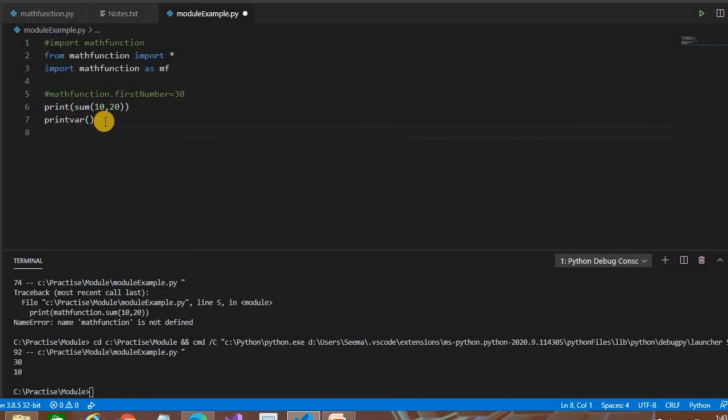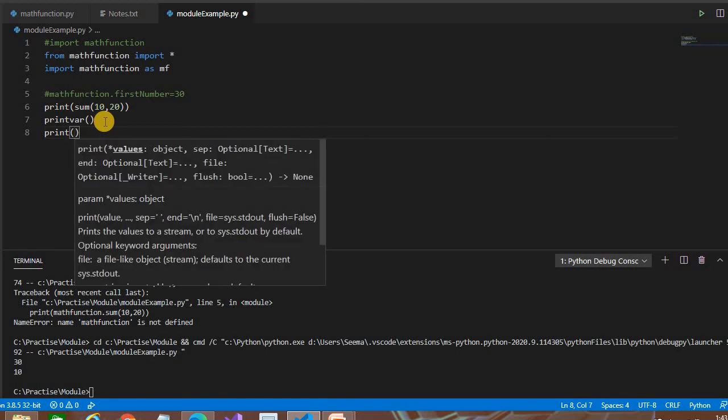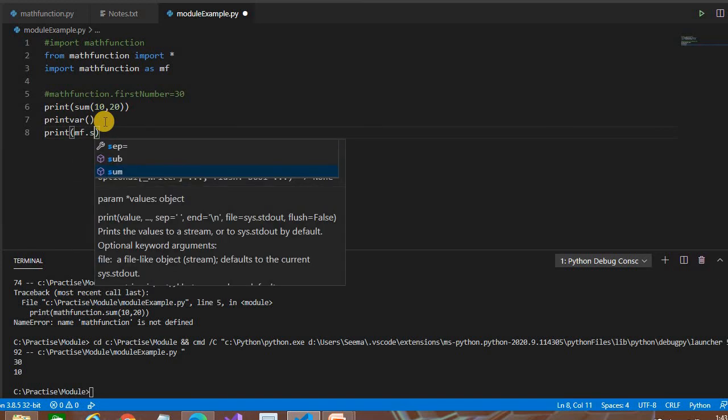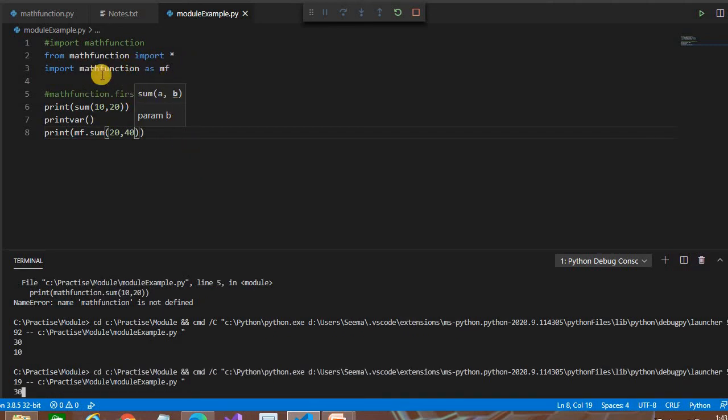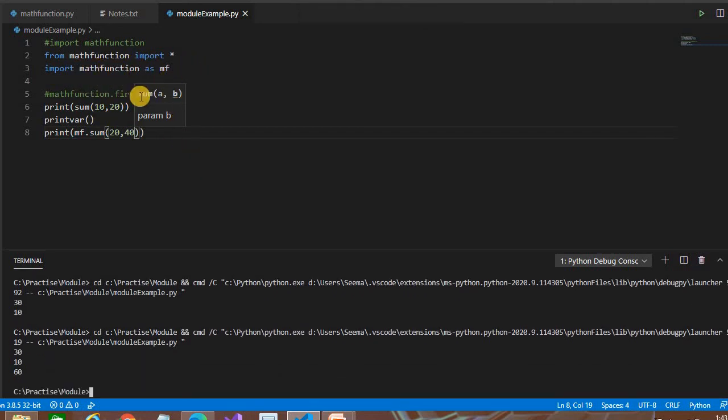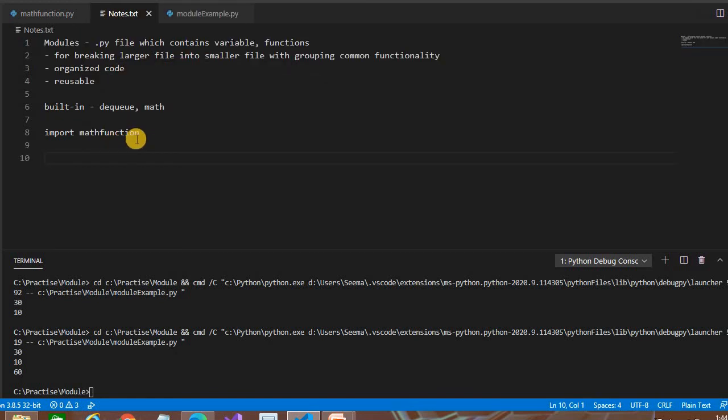Let's take an example: print AMF dot, and all the numbers are there. So we can provide an alias for this module also if you need. If the module name is simple, we can write it as it is, but you can make the alias as per our convenience.